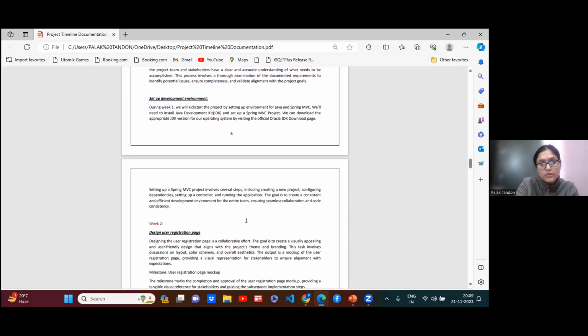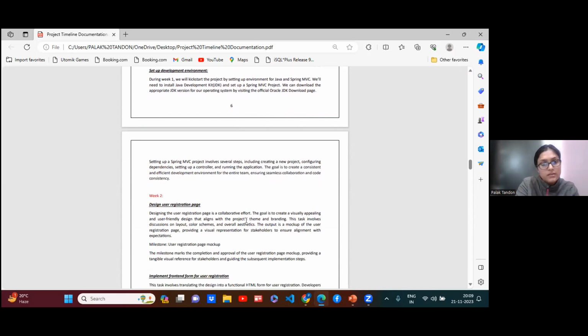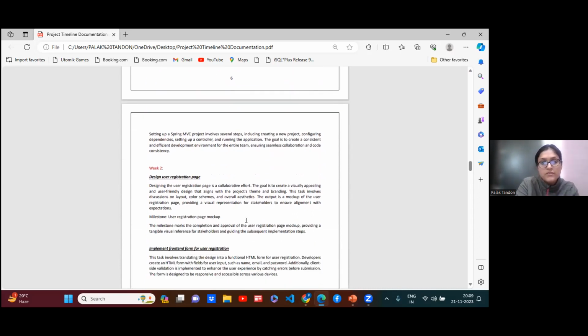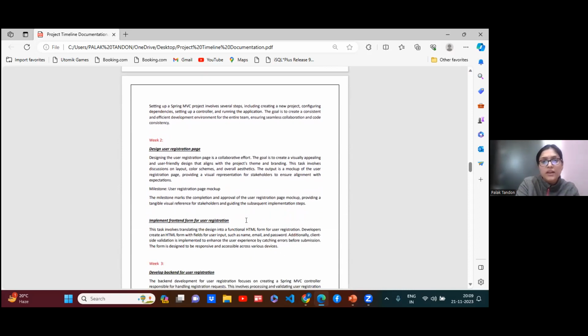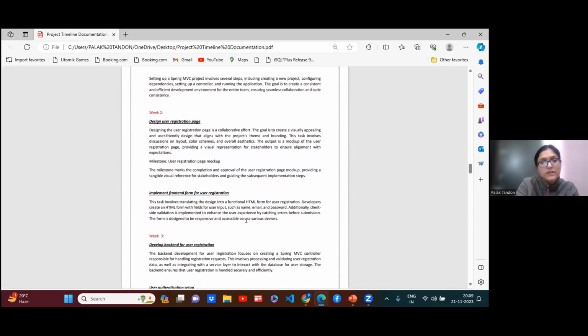We'll download it from the download page, the official website of Oracle JDK. Then same for Spring MVC. We'll take a new project, configure dependencies like Maven, Gradle, create different settings, set up a controller, and run the application. Then for week two, designing will take place, designing of the user registration page, what needs to be